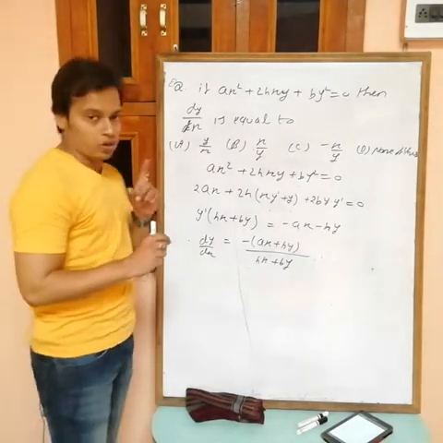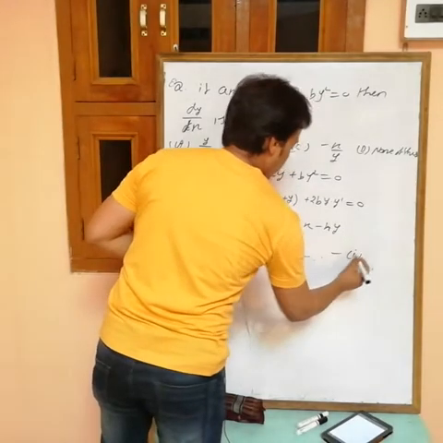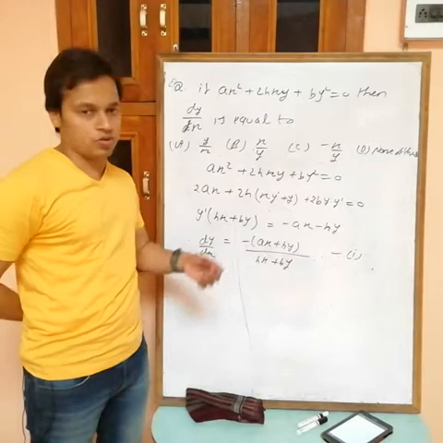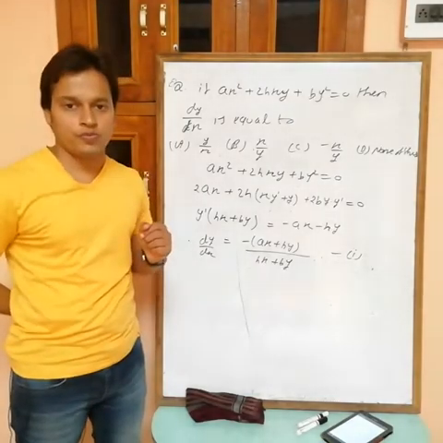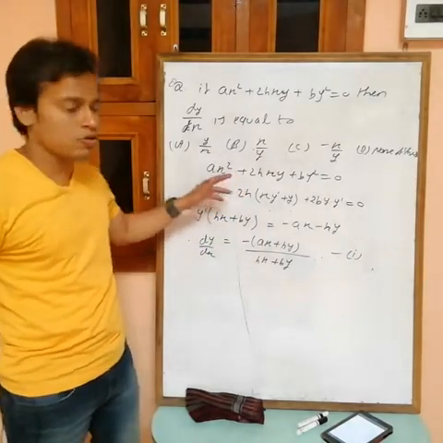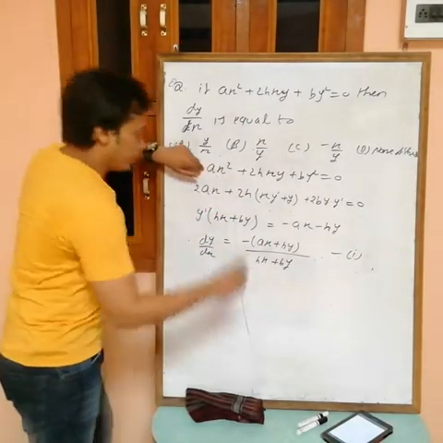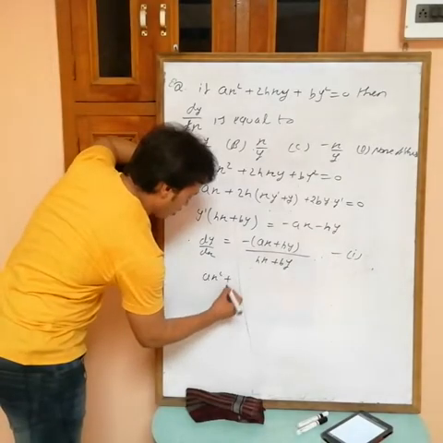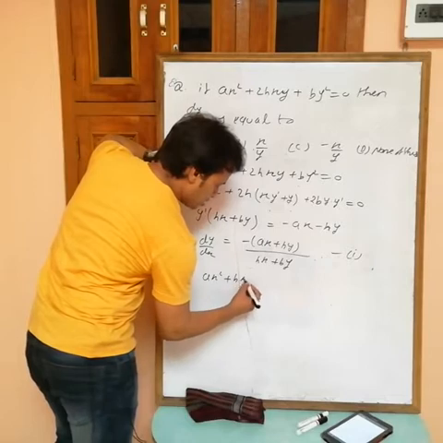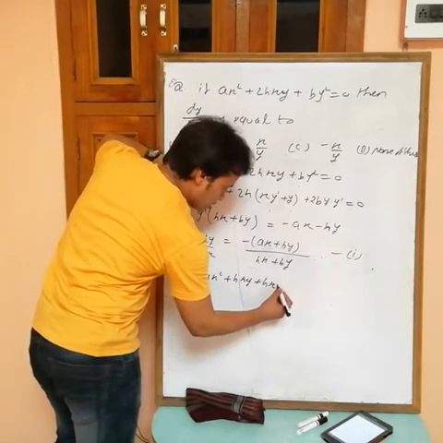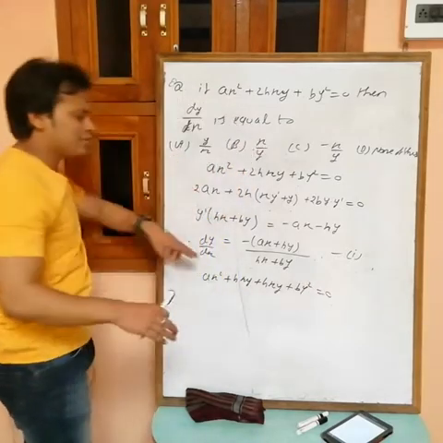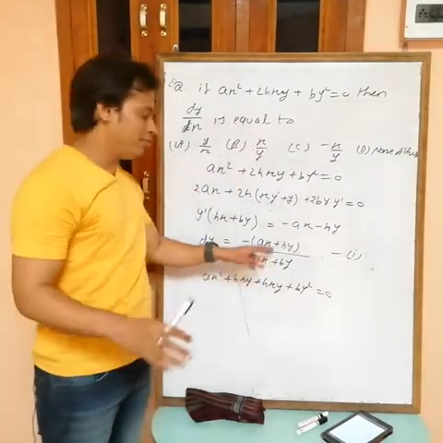Okay, so hold on. First, equation number 1. Now check, can you convert this ratio in terms of only x and y? We can only try, but from where? Only from the given options. Okay, now see, if I write this one again, then what do you have? Ax square plus this 2hxy can be written as hxy plus hxy plus by square. Okay, because there is no 2hxy now. Okay, and you want this ratio.